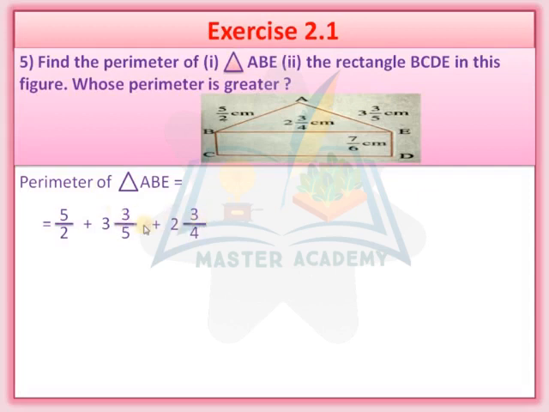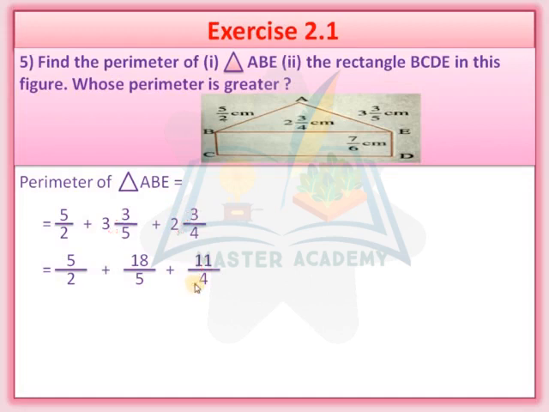This is the mixed fraction, so we will convert it into a simple fraction. Okay, so here what is the answer? You can see 5 times 3 is 15, 15 plus 3 is equal to 18 upon 5. Here you can see 2 multiplied by 4 is 8, plus 3, the 8 plus 3 is equal to 11. Okay, so 11 upon 4.